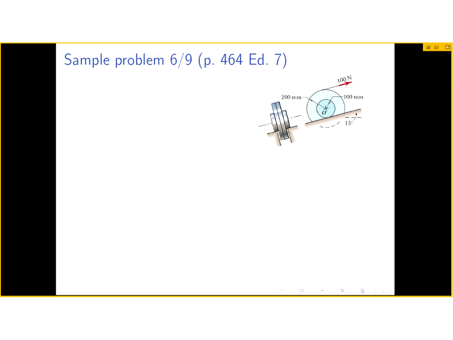It says that the wheel rolls up the incline on its hub without slipping and is pulled by a 100 Newton force applied to the cord wrapped around the outer rim. Now, to understand this, we need to look at the picture as we have it here on the screen. These are really two views. There's a side view of this wheel, and then this is a view if you were to view the wheel from, let's say, the left,